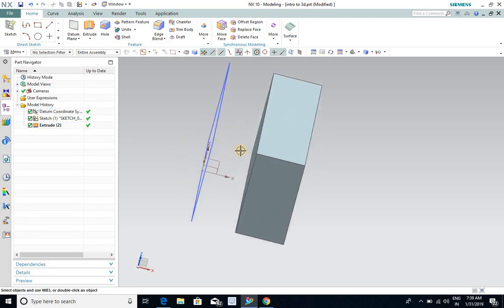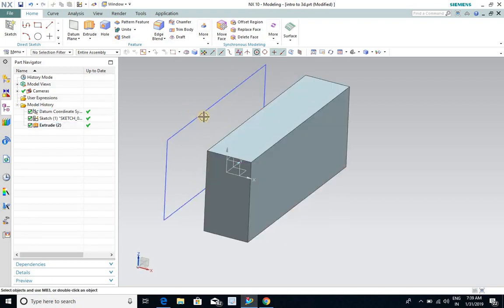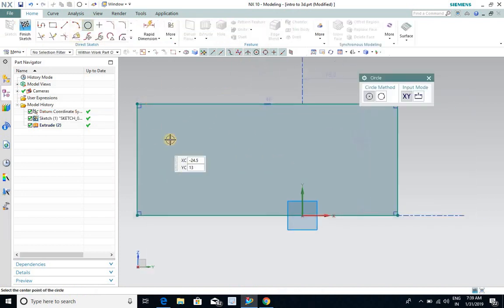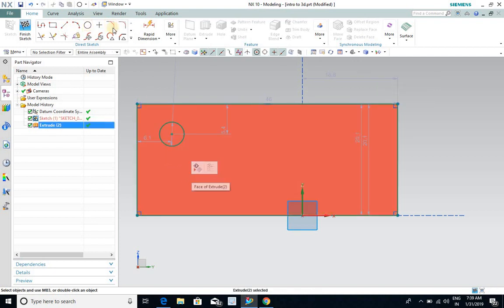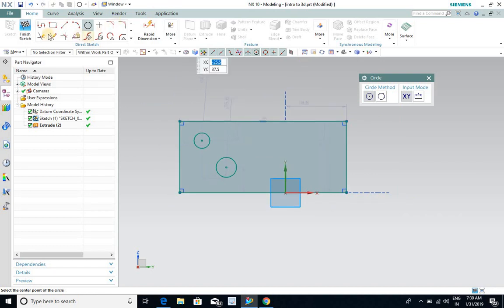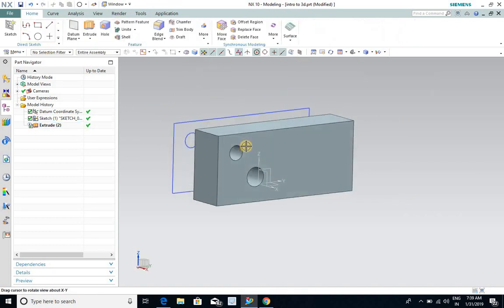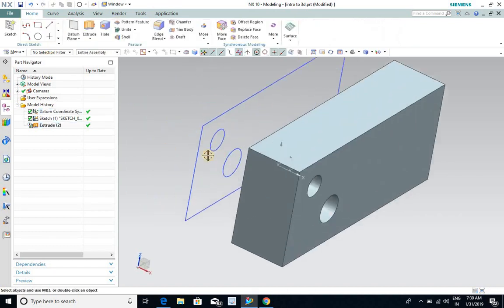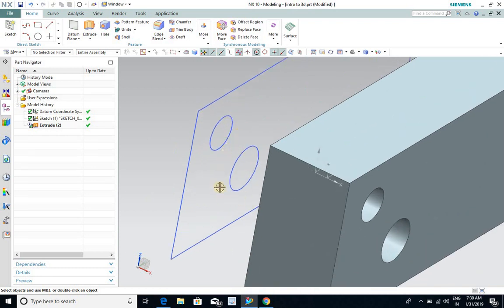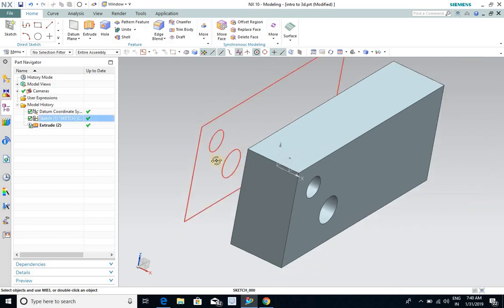If you want to create a hole inside this rectangle, you have to double click on this 2D sketch. You can create the hole in the 2D also. Like this I'm creating it. When you finish, it will be created like this, because this is a block; in extrusion a bounded area will be extruded.